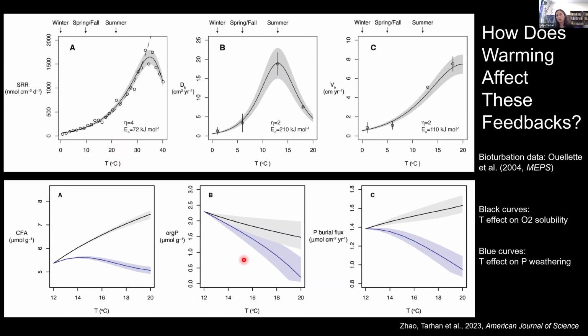But I think one of the things that did emerge from this work is how important it is that we continue to build empirical data sets constraining how bioturbators and their level of activity will shift under warming. And this is an area that we've recently undertaken exploring in more detail in my lab with a variety of incubation experiments looking at different bioturbating taxa and their level of activity under different temperature and oxygen regimes.